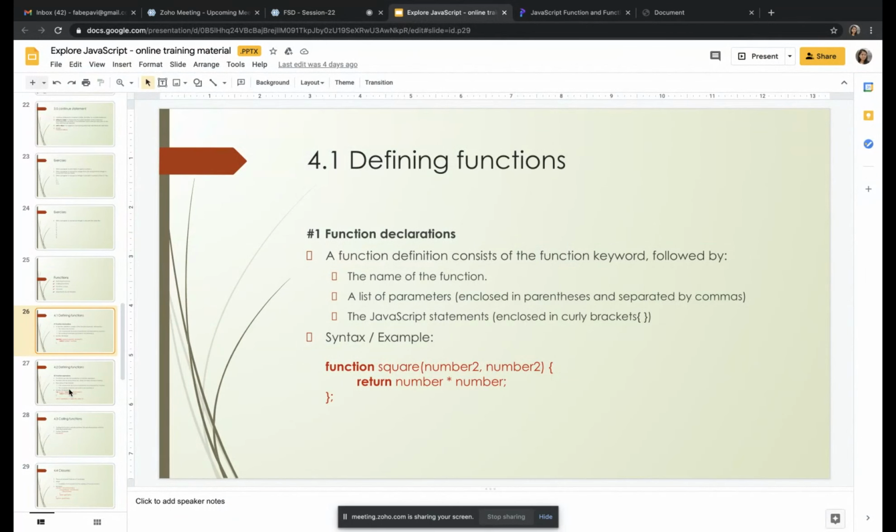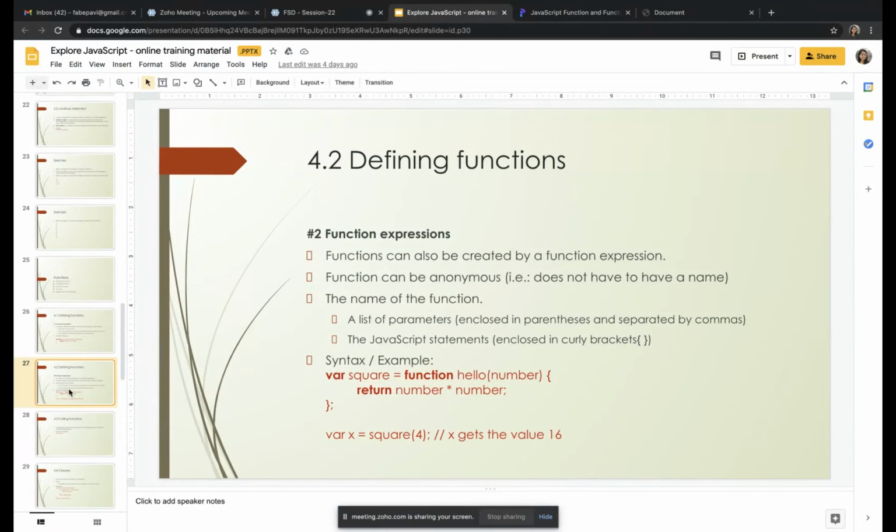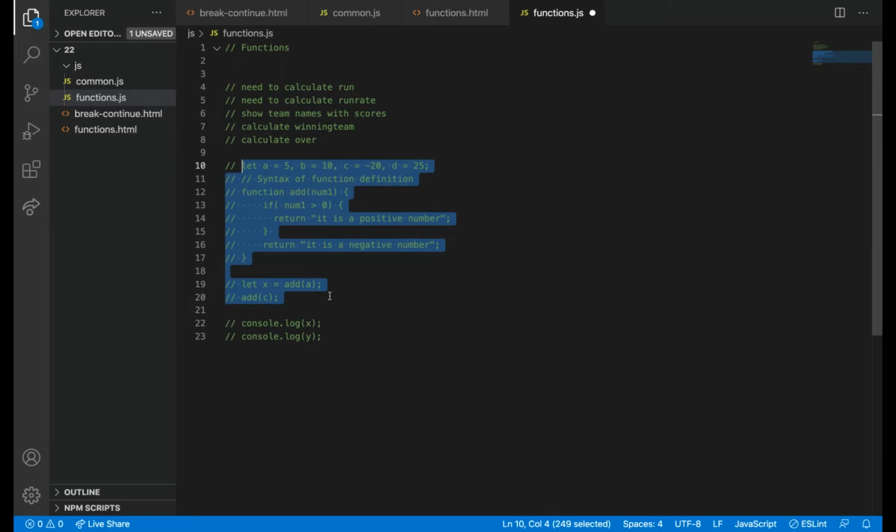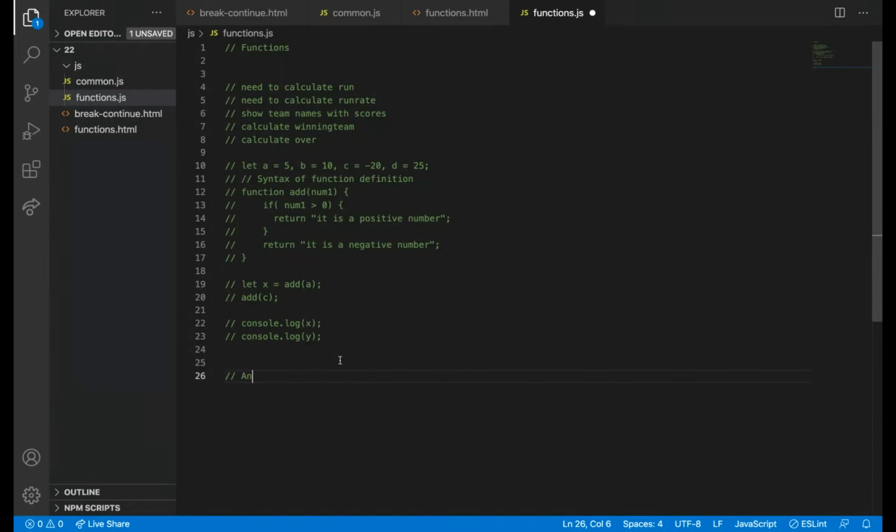In functions, there is another thing called anonymous functions. What is an anonymous function? We won't be having a name. Wait, I'll write an example here. Anonymous function.